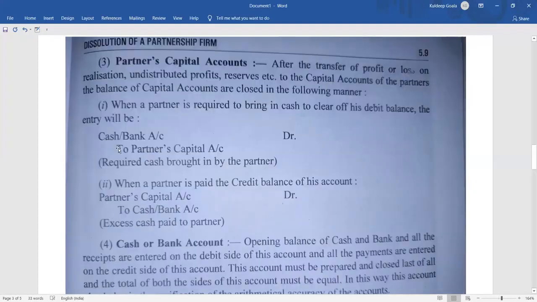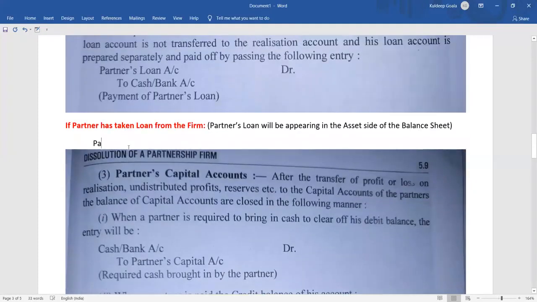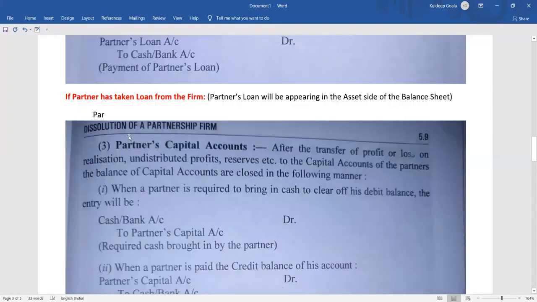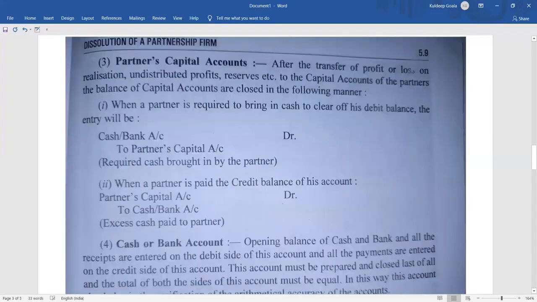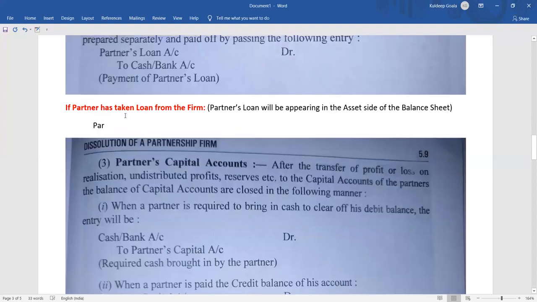Okay, just a minute. Yeah. There's some disturbance in the page setting. Okay, so part